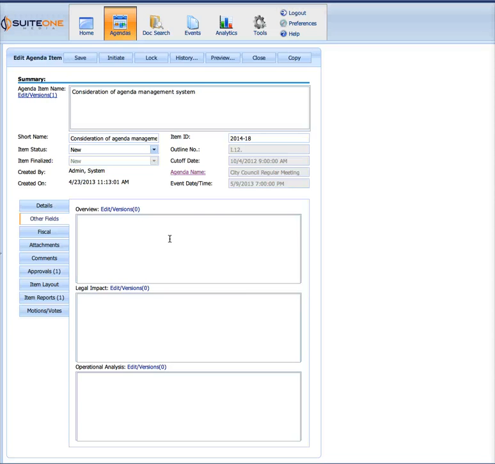And we can actually have text boxes, check boxes, date fields, all types of different information we can capture. Now, just because we capture information doesn't mean it's required by a staff member. For example, they can put none here or skip over if it doesn't apply. And the customer determines which fields are required and which fields are optional. Again, we've seen things like legal impact, operational analysis, is a projector required for the meeting, all different kinds of